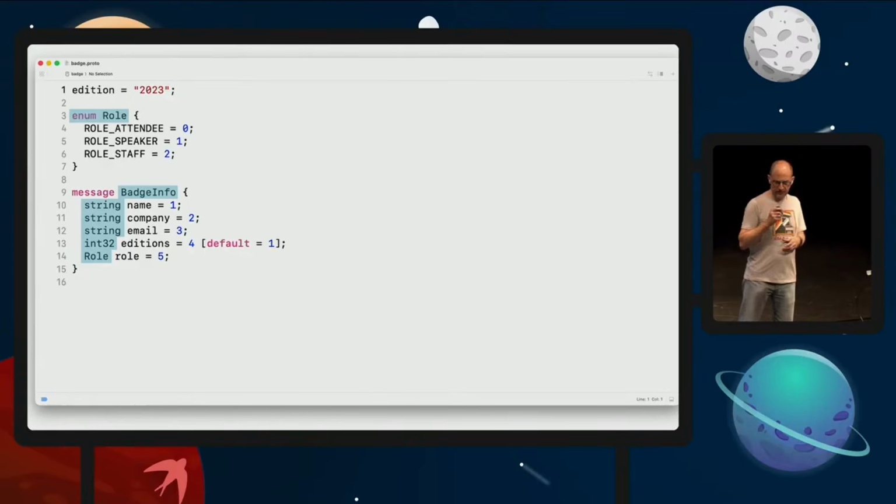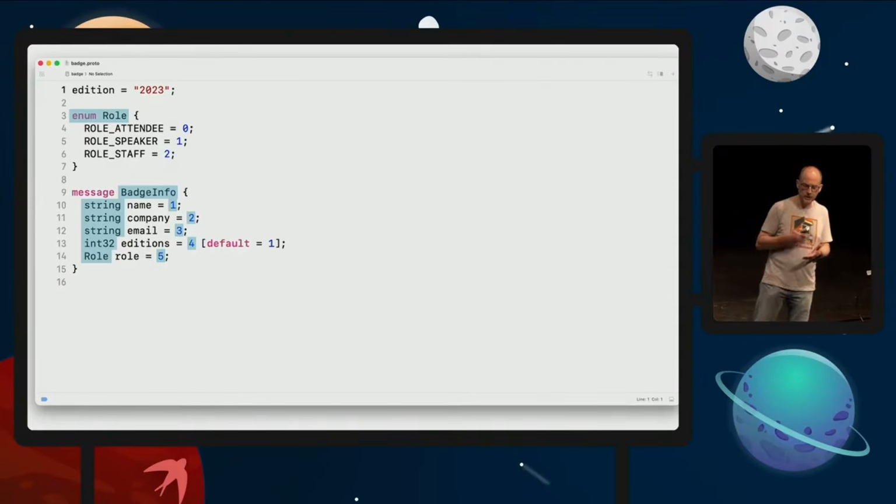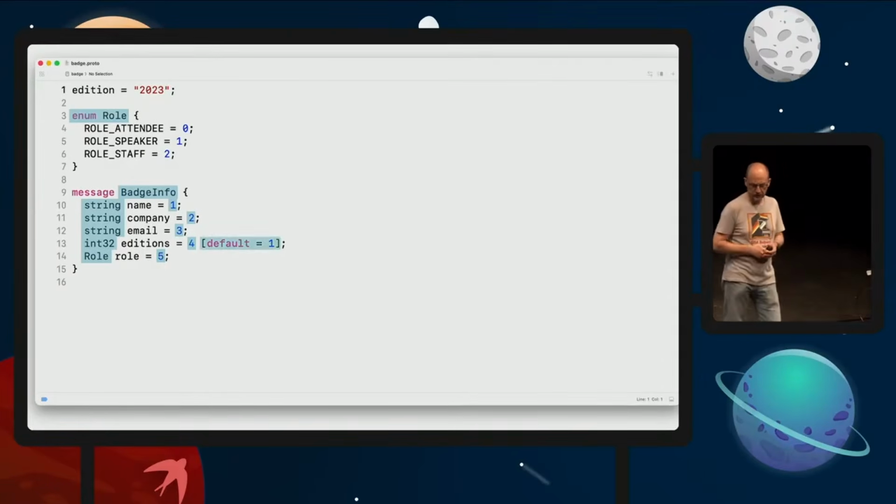All fields must have a unique number. It's a unique identifier, and it's used by protobuf to match between the data that's serialized and the definition of the objects, and you can't change that or update that later. In protobuf, all the fields have default values. So it would be 0 for integers, empty for the strings, but you can also, of course, define your own custom values, default values, sorry, like we do it for additions.